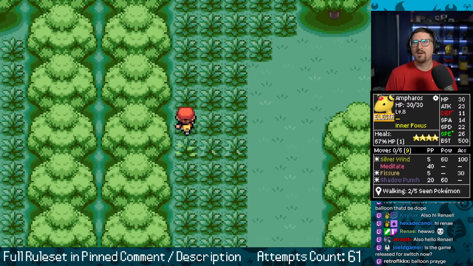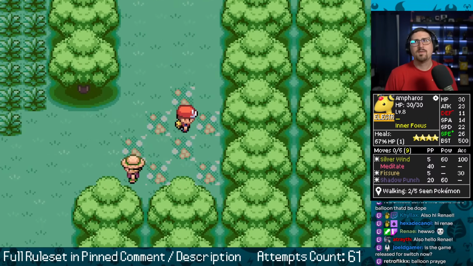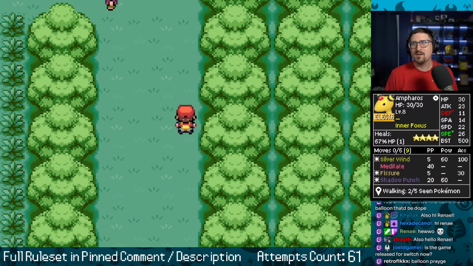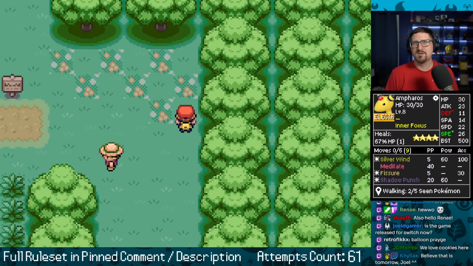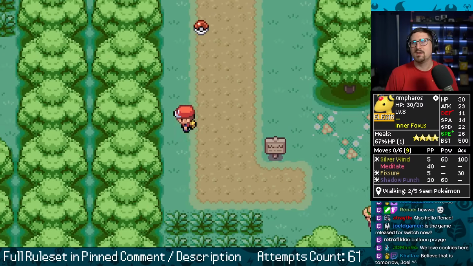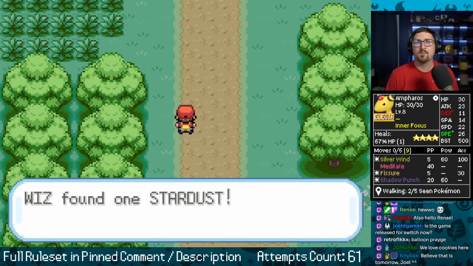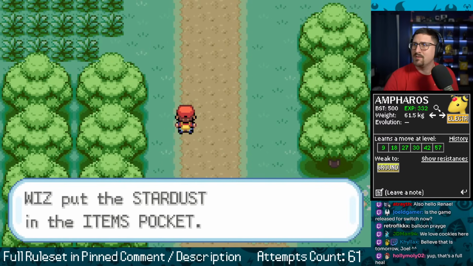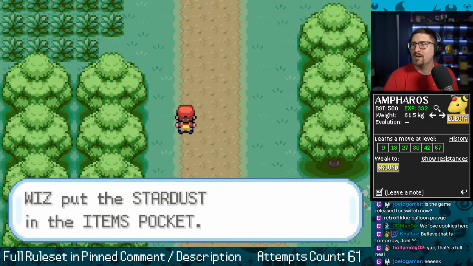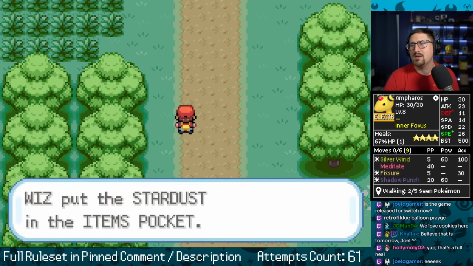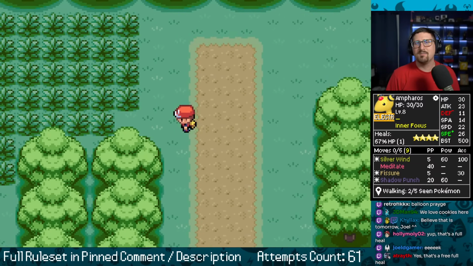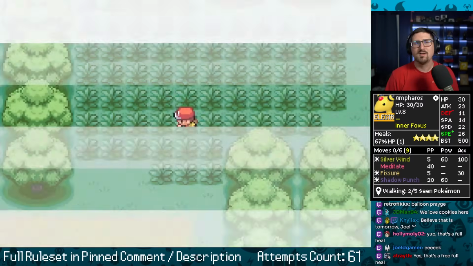Oh, no. We don't want to battle yet. Just in case. I think we could take him. I think we'd have a chance anyway. Silver Wind, Shadow Punch is like a solid combo. We'd love an Earthquake of our own or whatever. When does Ampharos get new moves? Soon. Well, only 2, 9 and 18 before we see Brock. Brock is like the major run ender. You guys will see. You'll see.